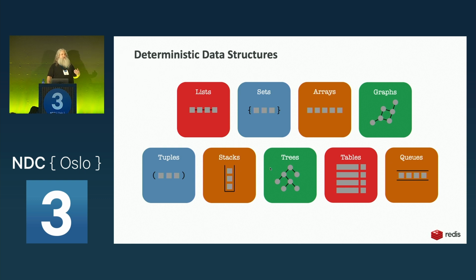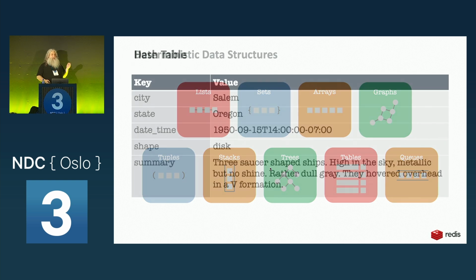Like if I shove a bunch of data into a hash map, into a dictionary, I expect to get it all back out. And it doesn't change its behavior based on the order that I shove it in. It stores it reliably, deterministically, and I get it back. And so that's a deterministic data structure. And I'm going to dive into one deterministic data structure in particular, and we're going to talk about hash tables and how hash tables work.